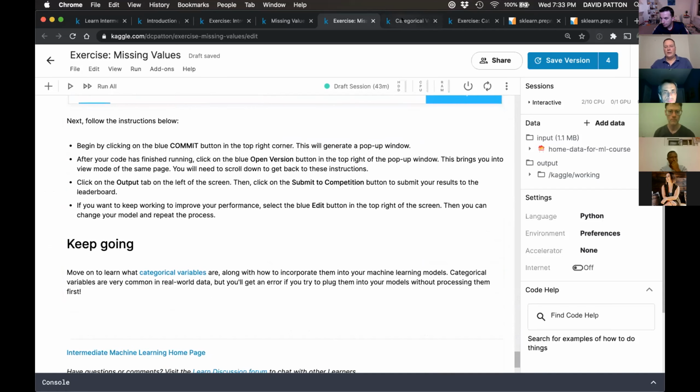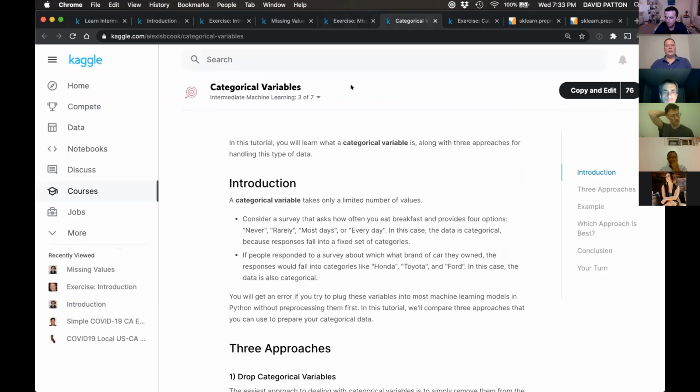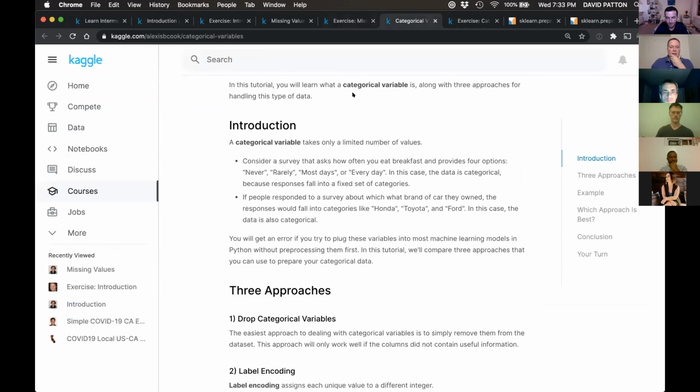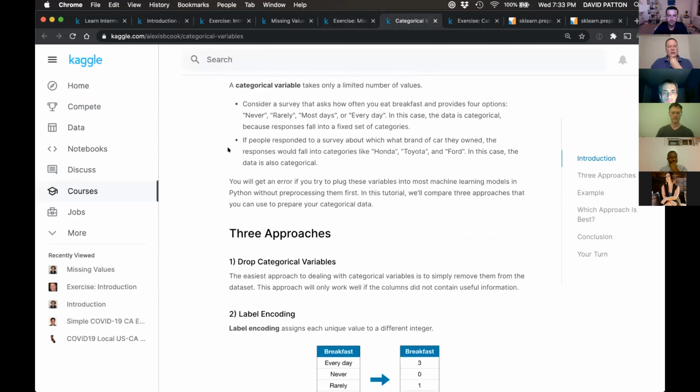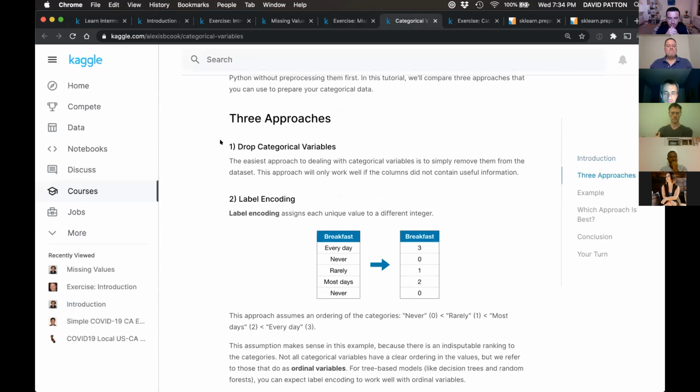So let's go on and talk about categorical variables, because that's kind of interesting. When we don't have numbers, what are we going to do? Categorical variables have a limited number of values. They could be words, such as this. I will tell you that categorical variables can also be numbers, and maybe I'll give you some examples in a little bit once we go through this. Just because you have numbers doesn't mean that you have numerical data, just continuous data. You may have a category and you don't know it.